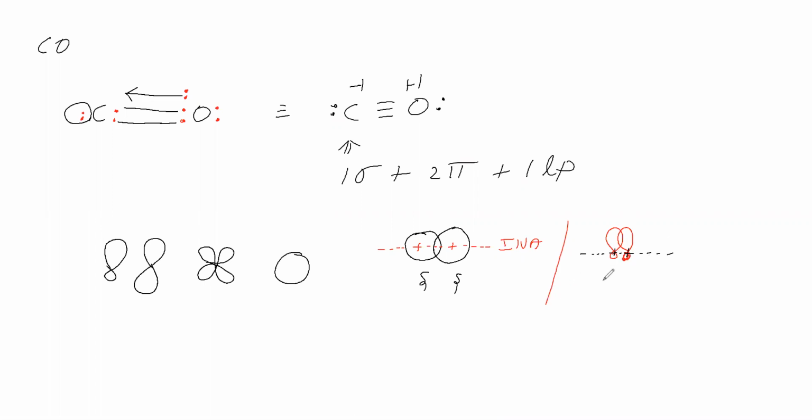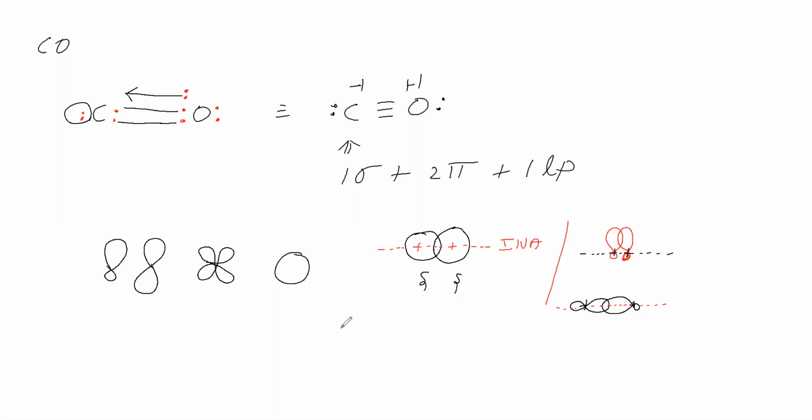Here where overlapping takes place, you see that here overlapping is possible. Here there is no overlap. This overlapping will become automatically like this, because here overlapping is there, here overlapping is not there. Therefore, we can write like this. It is the internuclear axis. So overlapping takes place along the internuclear axis. Therefore, it is a sigma bond. It is not a pi bond. So hybrid orbitals will not form pi bonds.